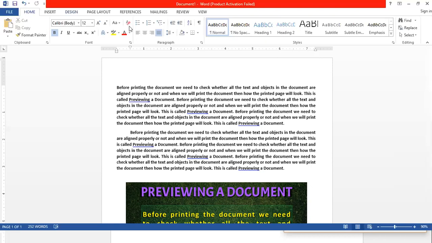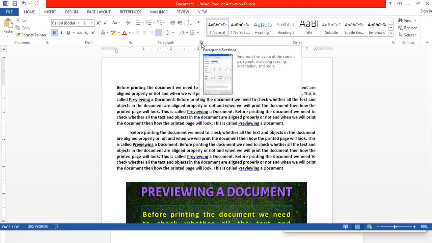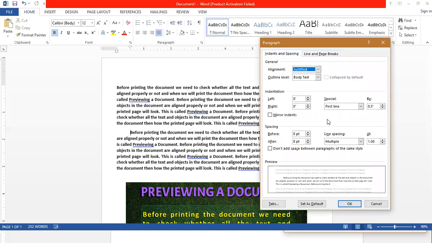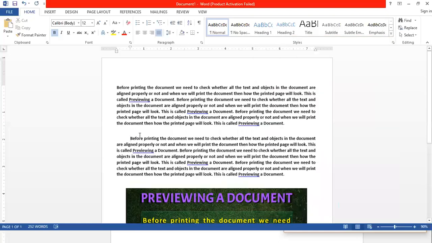So bring the typing cursor at the position where you want to increase or decrease the space. Go in the Home tab, click on the dialog box opener. So this is that dialog box. Now let's increase the space before this paragraph. So I'm going to increase this one, for example, to 24. After selecting the space, click on OK. And you can see the space between the paragraphs has increased, and the space has been added before this.